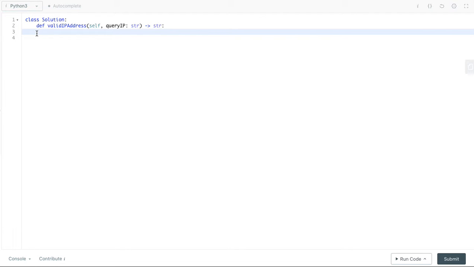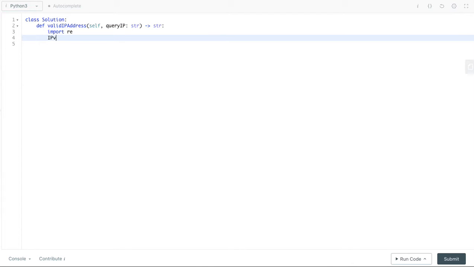So first of all, we will import the regular expression library. And then we know that for the IPv4 chunk, we have the regular expression syntax. Has a caret symbol and the grouping and the end. So end of line and in between we have a single digit 0 to 9, and then we have the